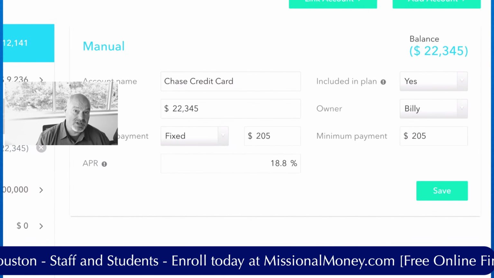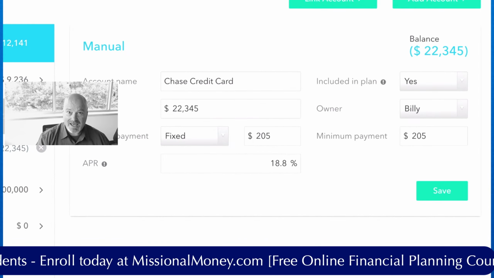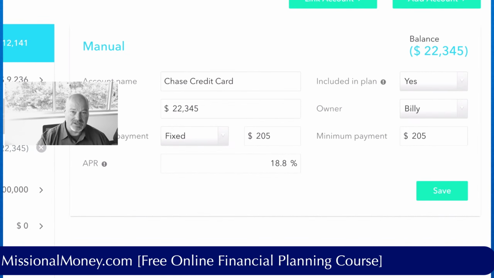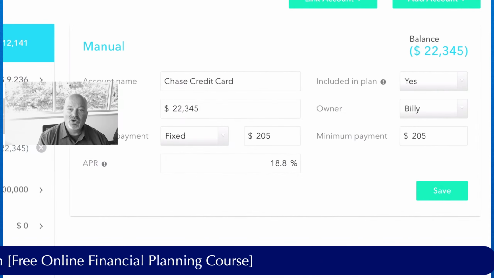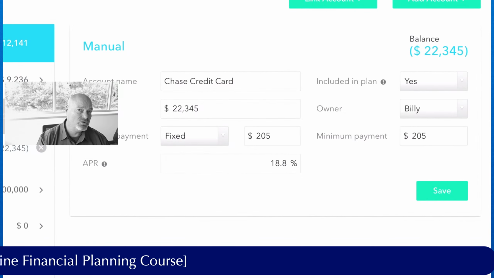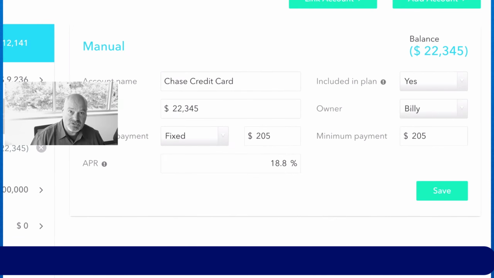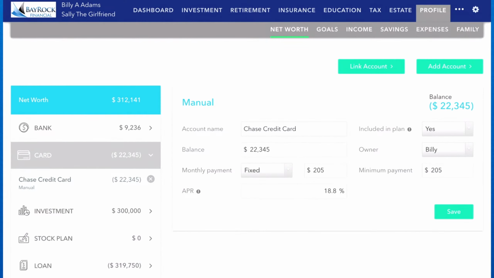But understand, if you are an investor and you have debt, a car loan, credit cards, a mortgage, or whatever, this is for you to see what's possible and how much it can move the needle when you put the right strategy to paying off your debt. So debt management strategies, that's what we're going to talk about. So I'm going to get rid of my face again and go back to just the plan. So that's the credit card. What else do we have?